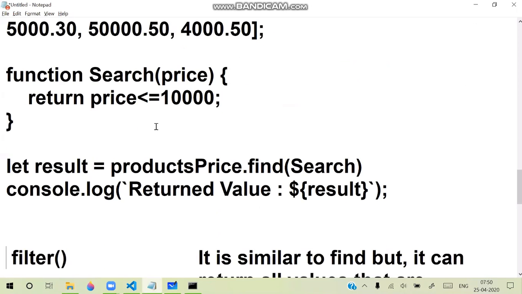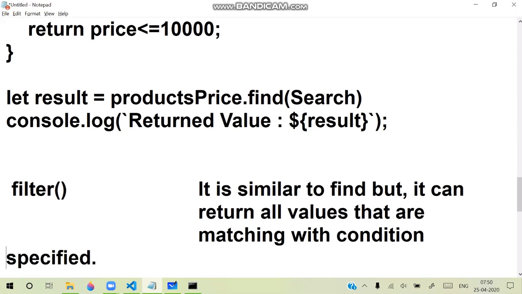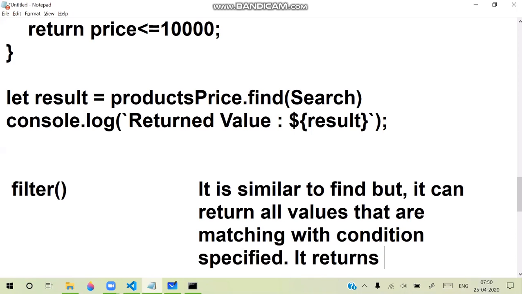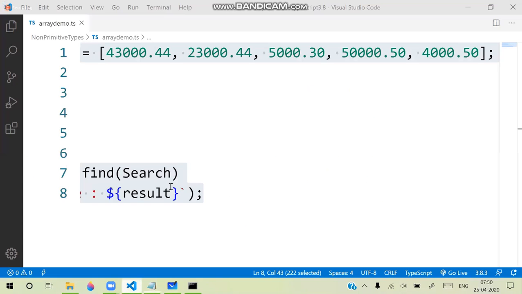The same applies to the filter option also. But the point about filter is that it can return all values. That means it returns an array of all the values. All the values that are matching the condition, it will return. So for example, see here, we are